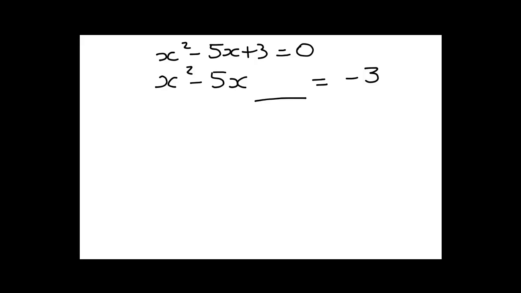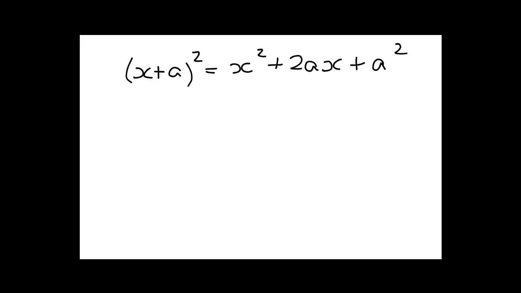Well, we're going to need to remember our expansion of a perfect square. So let's look at (x + a) all squared. That is going to become x squared plus 2ax plus a squared. Right? Now if we have an x squared term and a 2a times x term already, and we want to find out what the a squared term is,